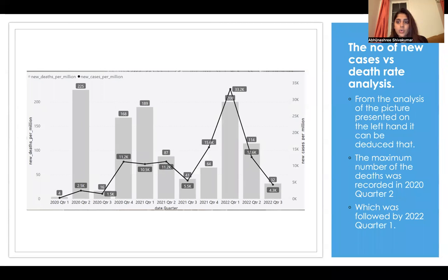Especially in Q2, Canada being one of the countries which got its vaccine a little later compared to countries such as the USA, who manufactured their own, the deaths can be reasonable. But we can also see that even though there was a reduction in Q3, there have been ups and downs, majorly again in 2022 Q1, which increased significantly, almost as close to Q2, because of the new variant Omicron, which came into the picture.